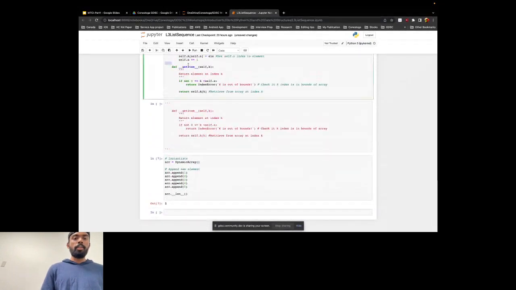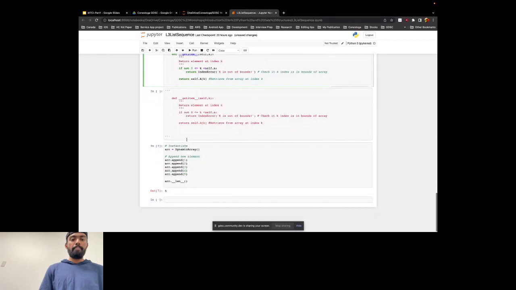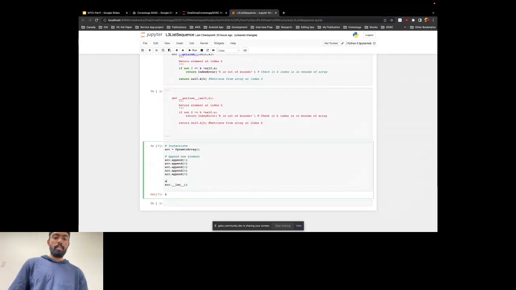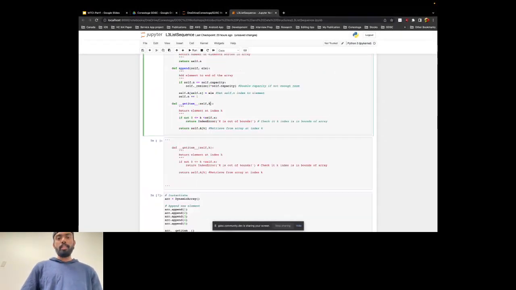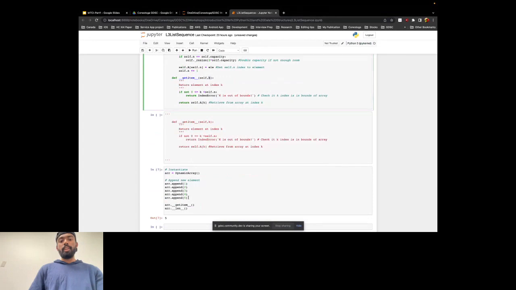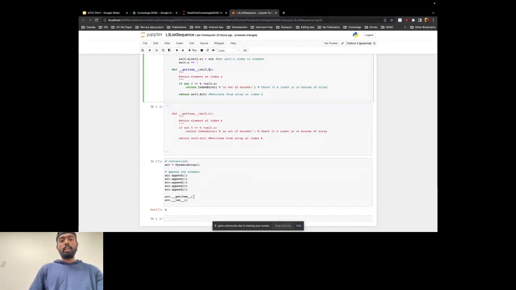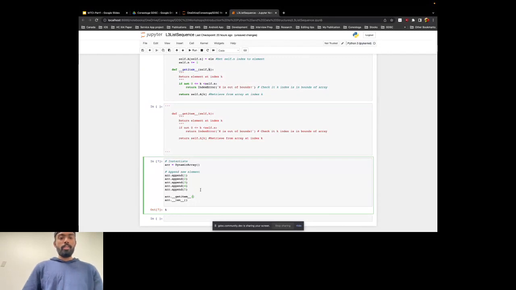So if I do get item over here, since this function needs an input value, this is the index that you need. We have an array of size 5, and say I want to get the index 2. So 2 is actually the third element. We don't go 1, 2, 3, we go 0, 1, 2, and 3. So when you put 3, it's going to be